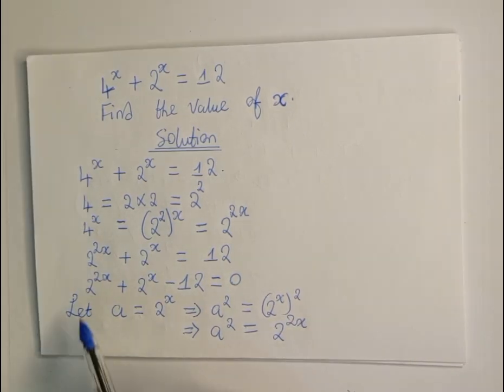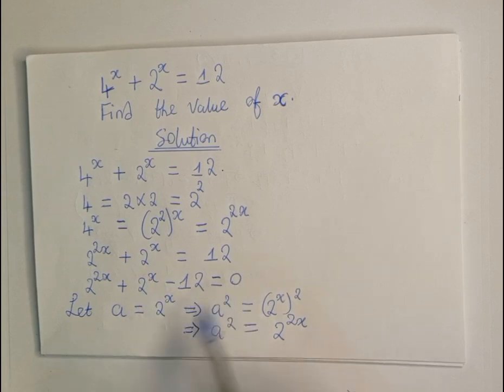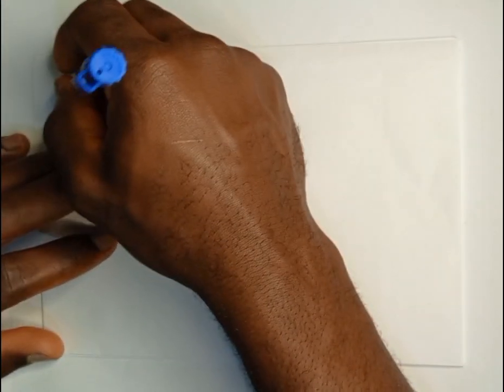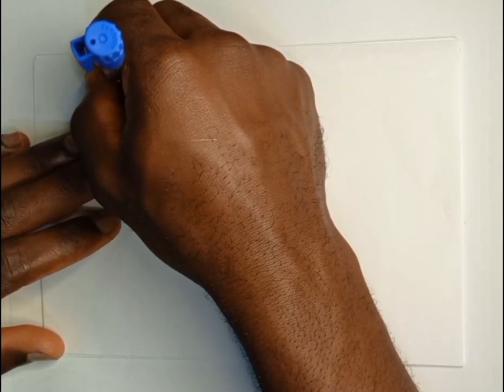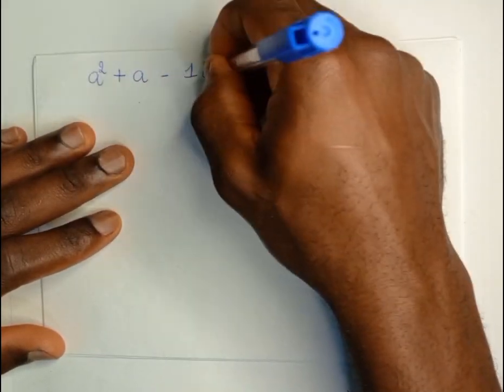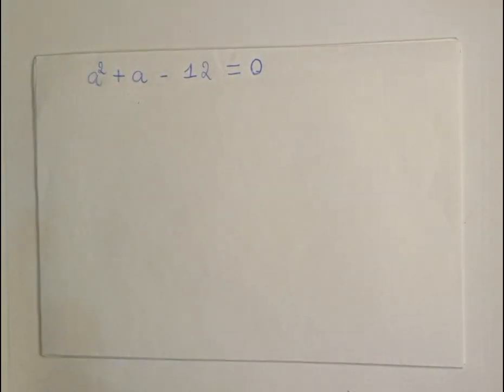In the equation 2 raised to the power 2x plus 2 raised to the power x minus 12 equal to 0, we are going to replace 2 raised to the power 2x with a squared and 2 raised to the power x with a. Replacing them, this will give us a squared plus a minus 12 is equal to 0, which is a quadratic equation. The quadratic equation a squared plus a minus 12 equal to 0 can easily be solved by the method of